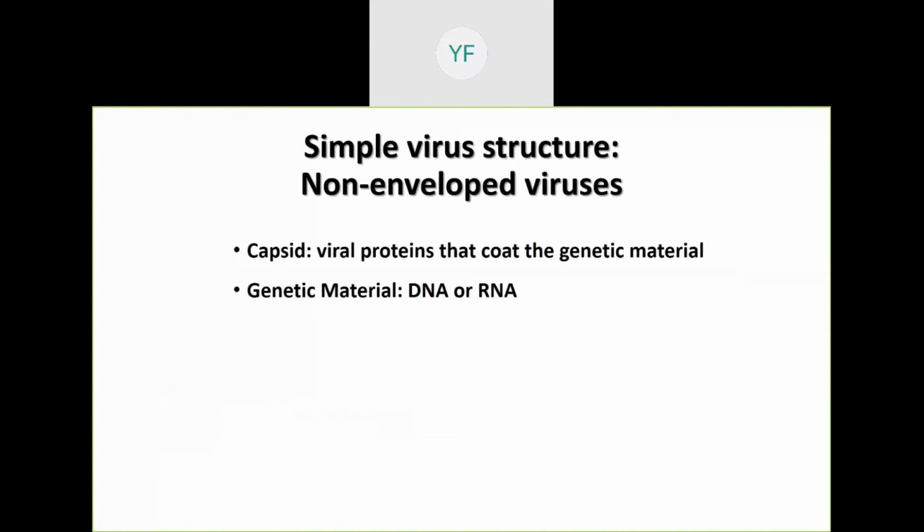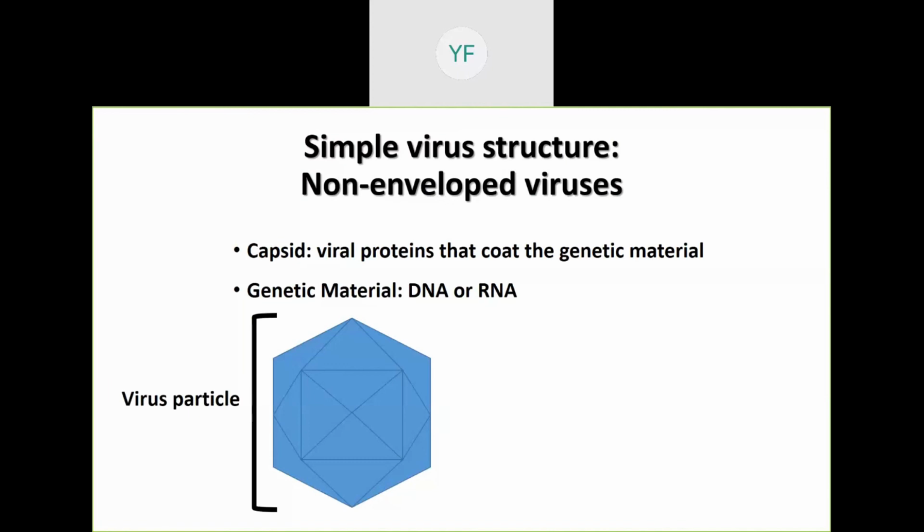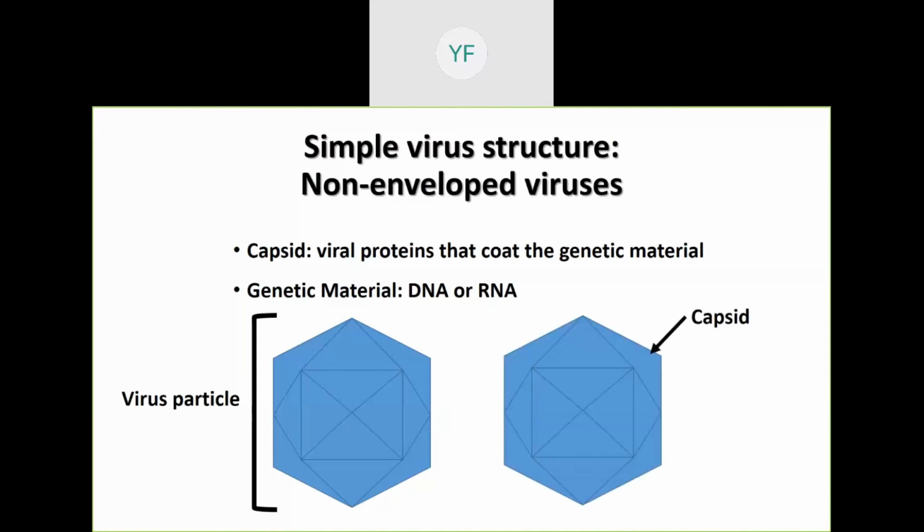So non-enveloped viruses are the most simplistic of the two types of viral structures. Non-enveloped viruses are comprised simply of a viral nucleic acid, which is coated or encapsulated in a viral protein. The viral protein that encases the nucleic acid is called the viral capsid, and the viral capsid is formed from a protein that's encoded in the virus's own genome, and the capsid can be comprised of one or several different viral proteins depending on the virus.